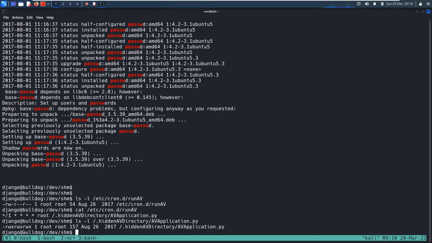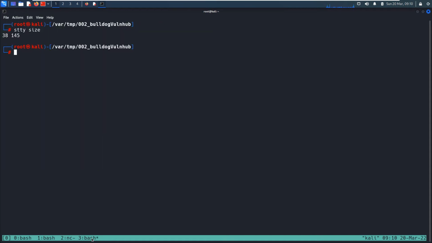This RWX means that this is readable, writable and executable by everyone. Although the file is created and owned by the root user, the permissions are set incorrectly. So if there is a cron job running, we can basically place our malicious code inside it and use it for privilege escalation. Before we do that, do we have pspy inside home, John,